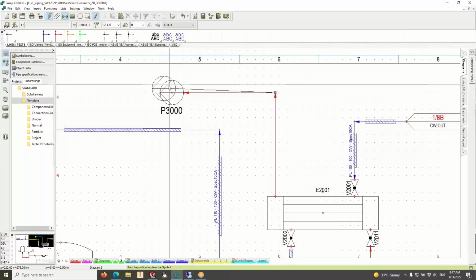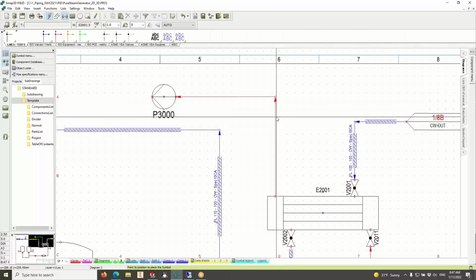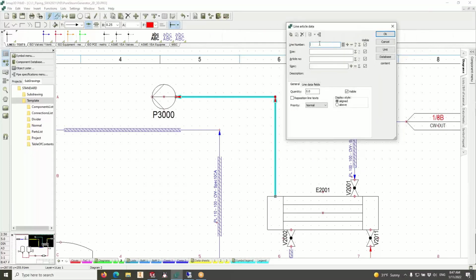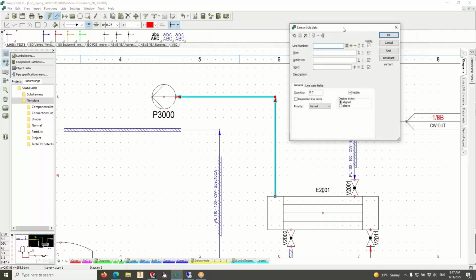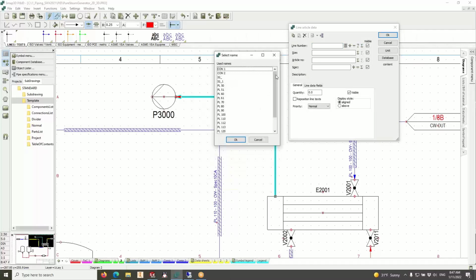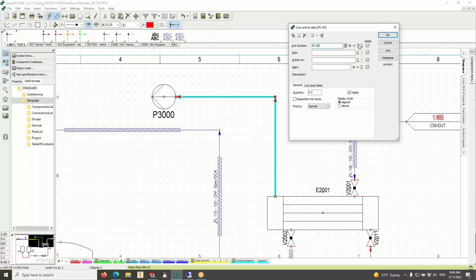Now, we got our pipeline connected to our pump here. We might need to tell it what type of pipe we're working with. So here we'll double click and we can give this a tag number. Well, maybe I'm new to the company and I don't remember what tag numbers should be used for this type of pipe, and I don't know what's already been used in the whole design anyway. So we can get a list here. So here's all the tag numbers of pipelines that have been used. If we were to pick one that's already been used, we could then roll up to a different available number, or we can give it a whole new numbering